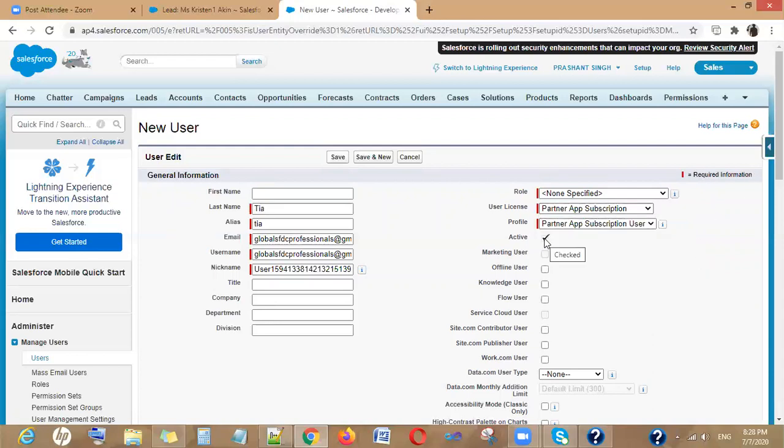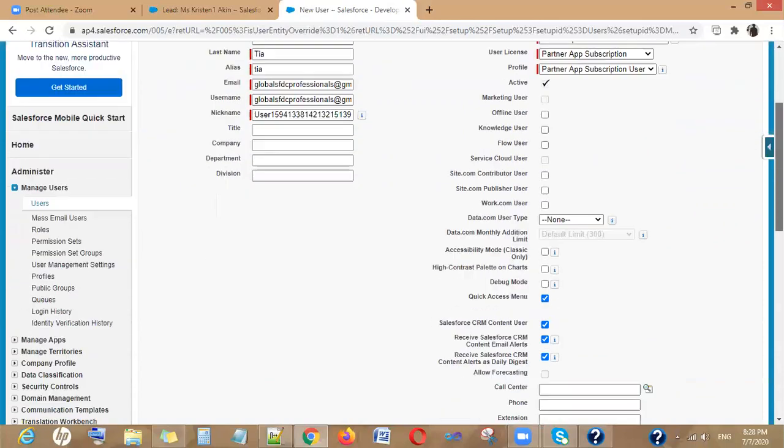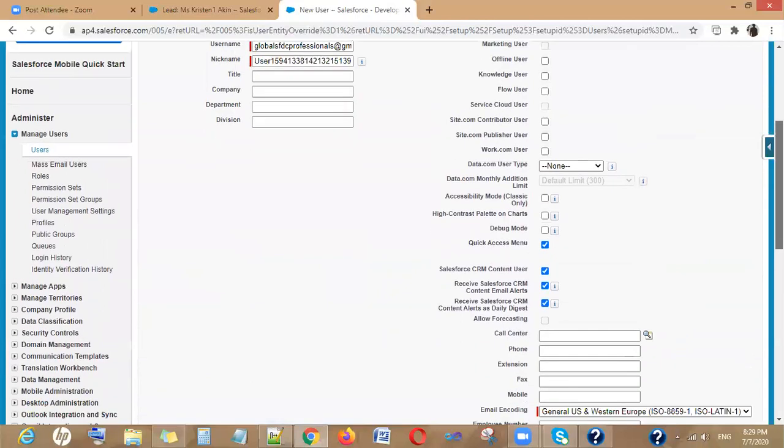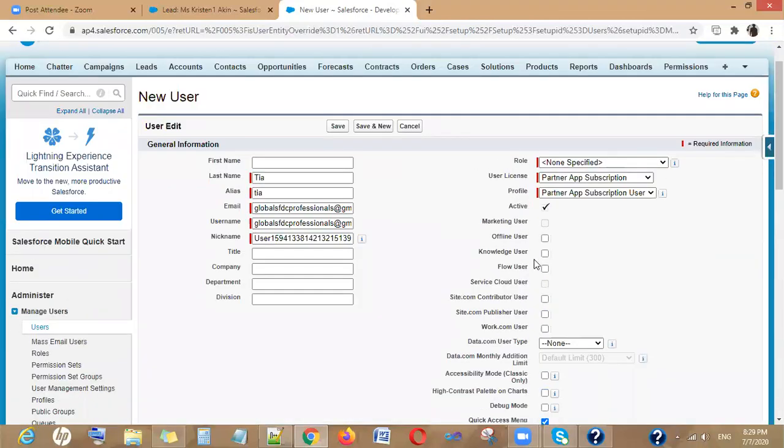Now, make your user active, and once you provide all the details and click on save, you will get an email notification on the email ID which you have provided, by which you can authenticate and sign in.